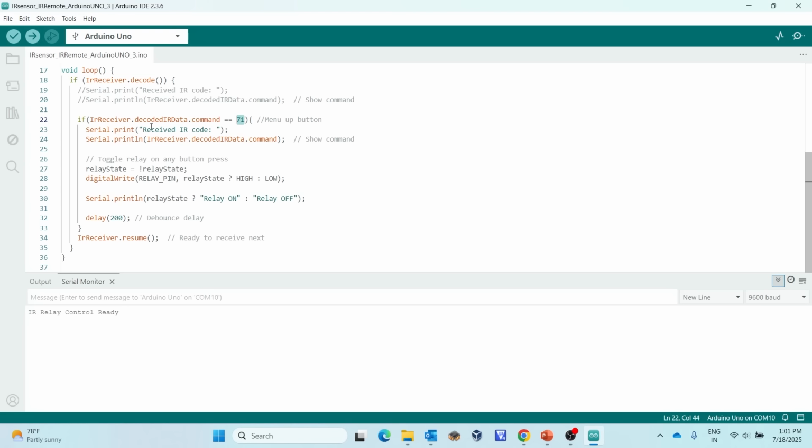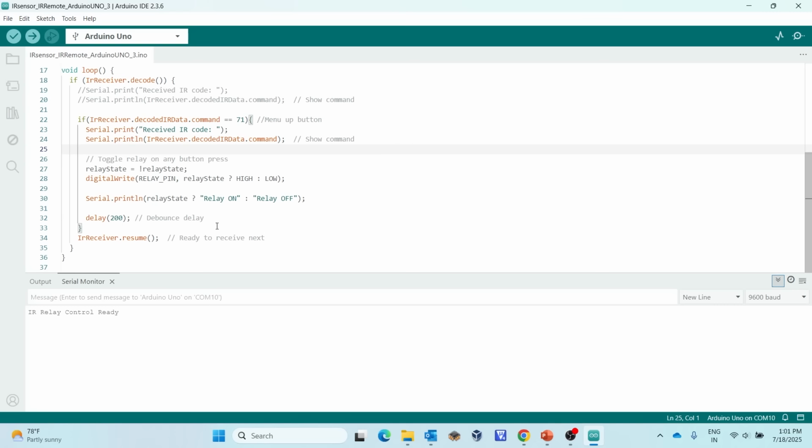Okay, so if the IR receiver's decoded IR data command is 71, then I will say received IR code, then I will serial.print that command, then I will change the state of the relay, I'll turn on the relay pin to high, and then you will see the